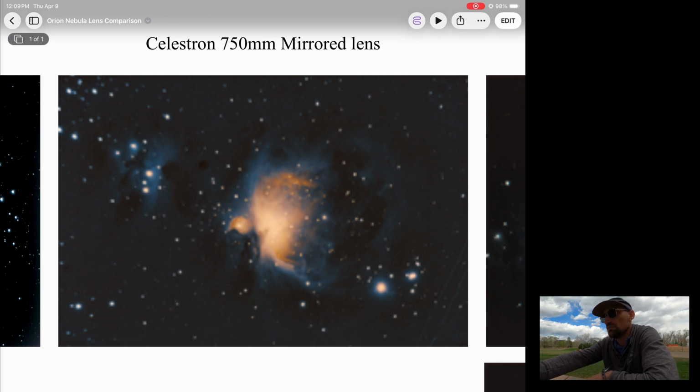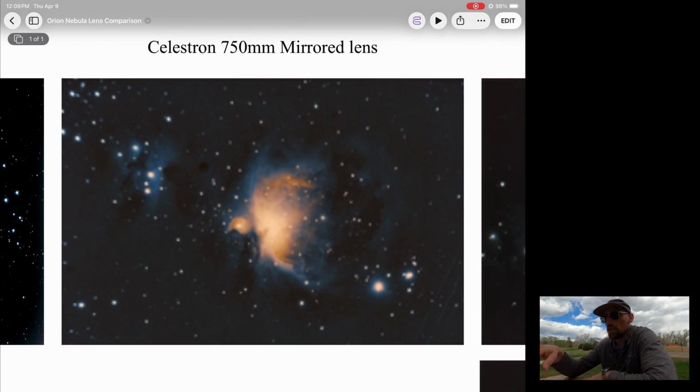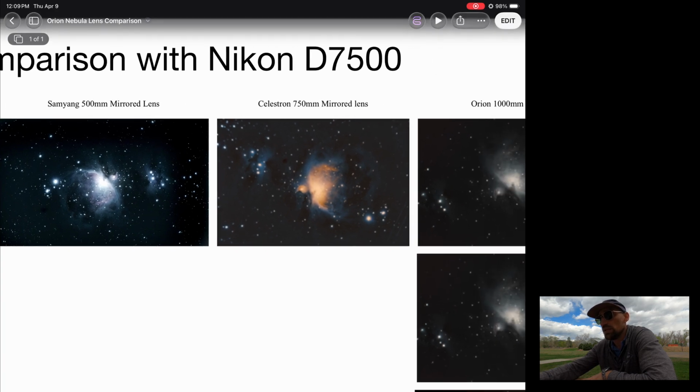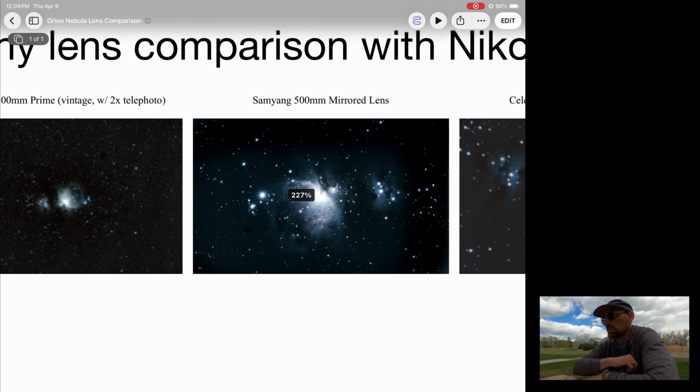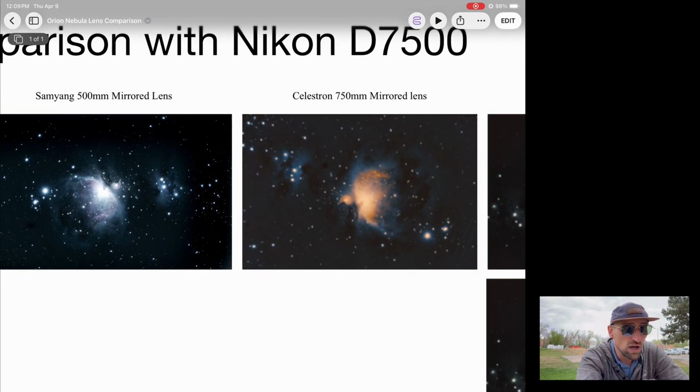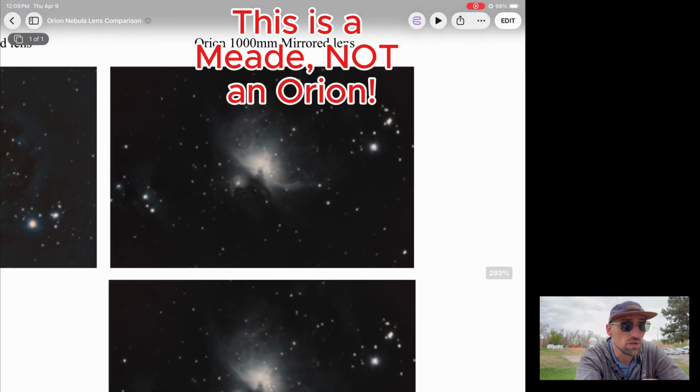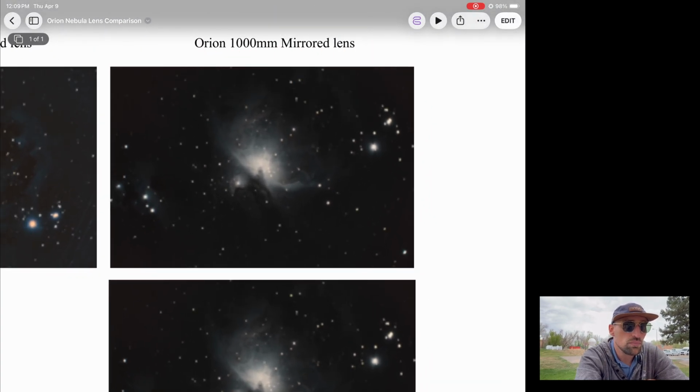And then finally, this is a really fun one. This is an Orion 1000 millimeter lens. You get some really great color out of it. You get a lot of detail, but it is really easy to blow this out because you really want to gather as much light as possible. It's a slow gathering lens as it is. So oftentimes you'll turn that ISO up, you'll turn your exposure times up, and before you know it, you've blown it out. So it's really important to keep in mind the balance between the amount of light that you're letting in,